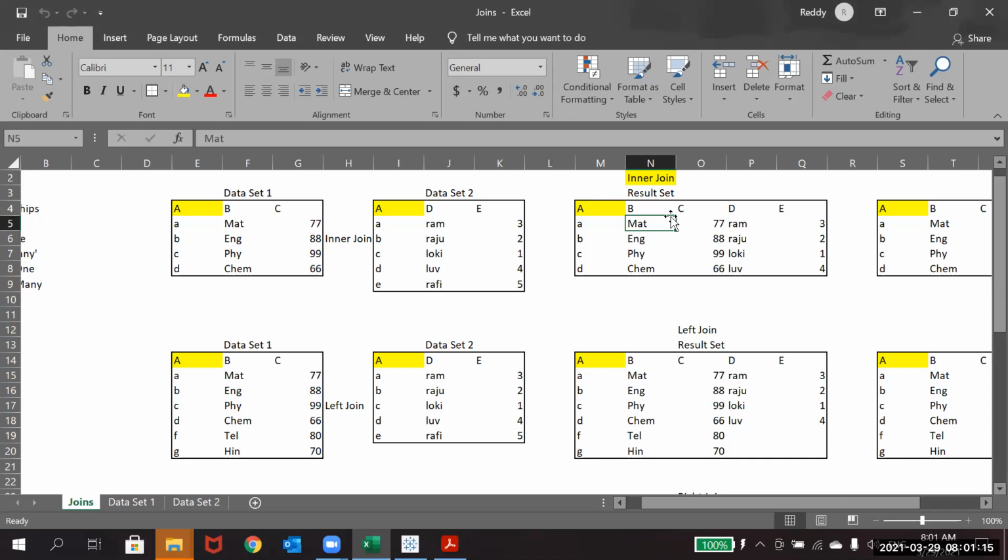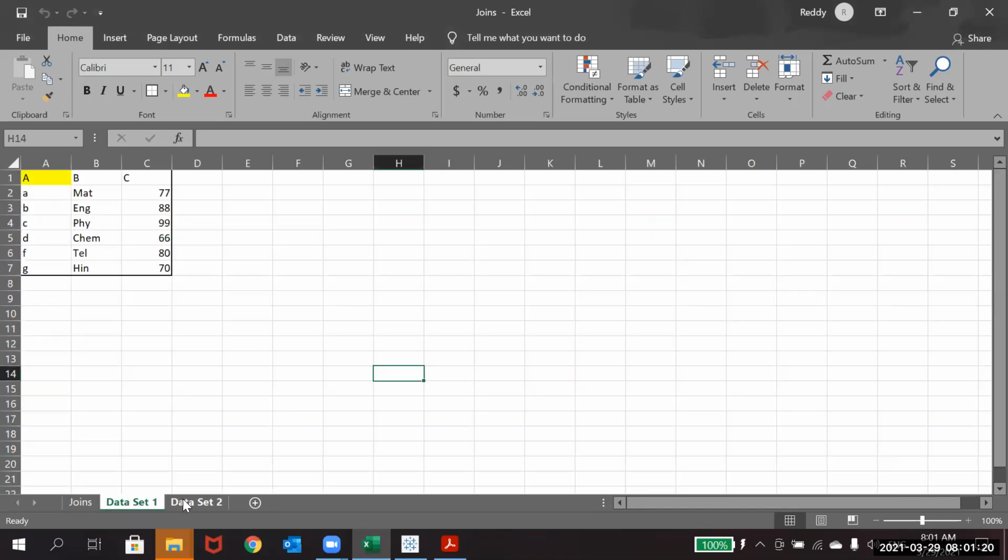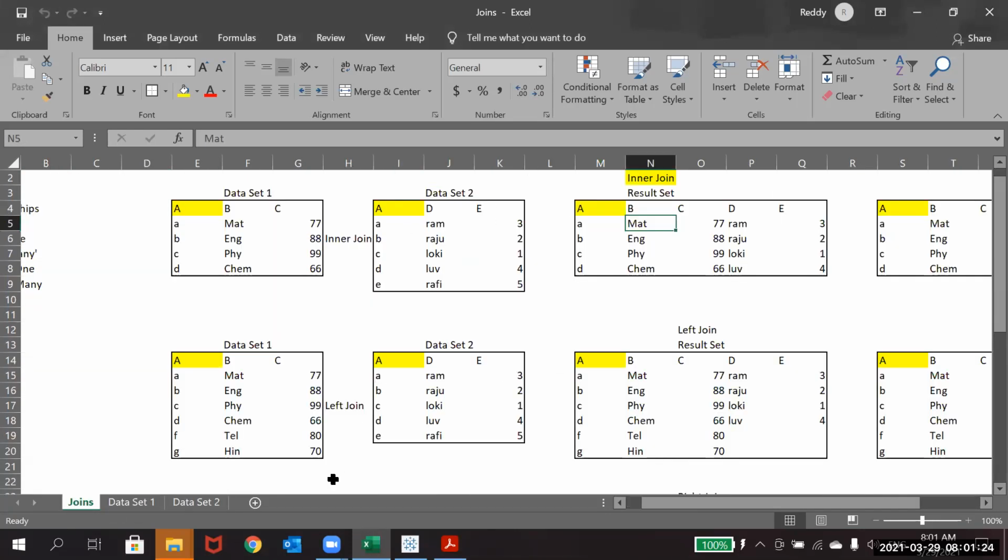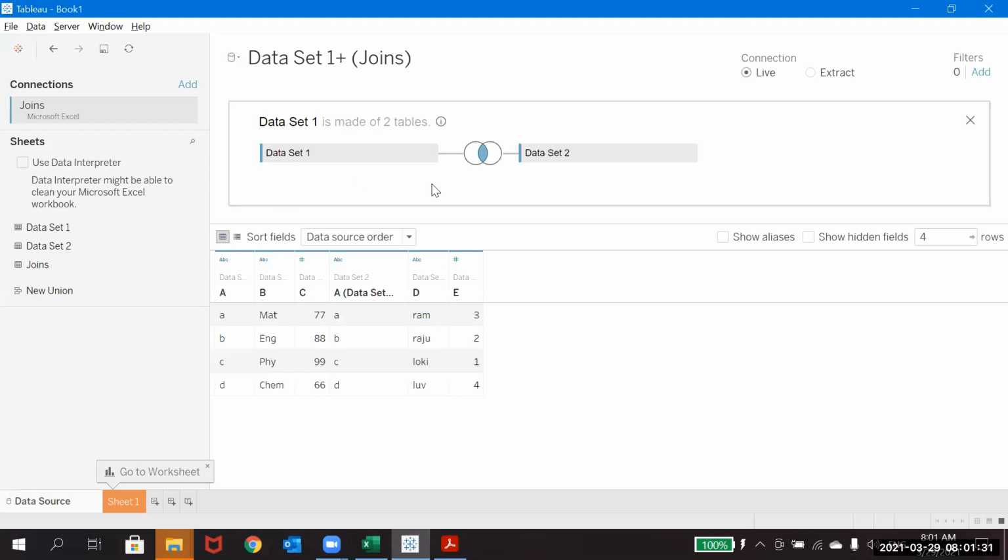Keep the two data sets in two individual sheets, save this Excel file in your system, connect to Tableau, and do the operation we did now. Then you will understand very clearly how the joins work, and you can observe the result here itself. Whatever result you got in Excel, if it matches here, you are good to go.